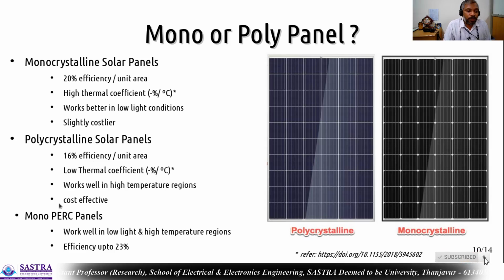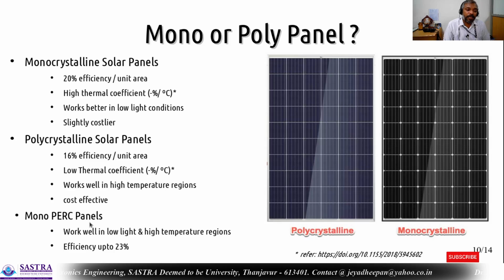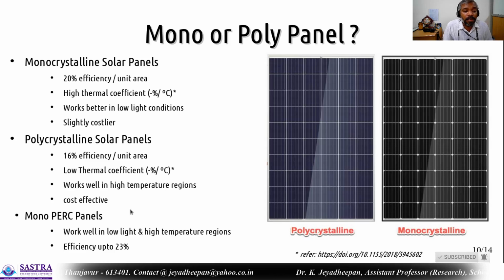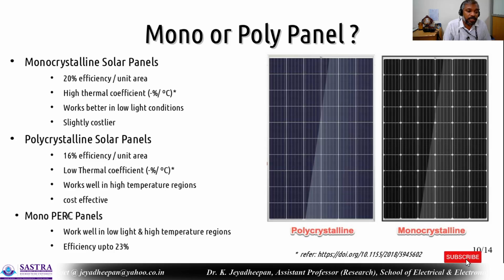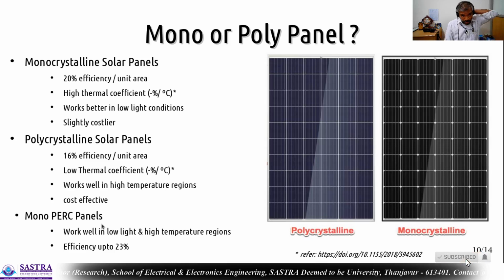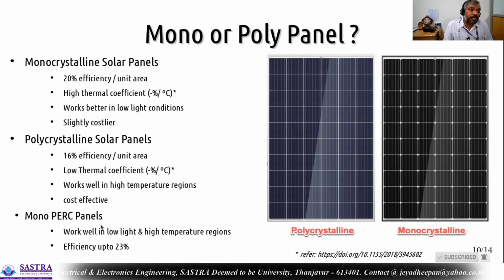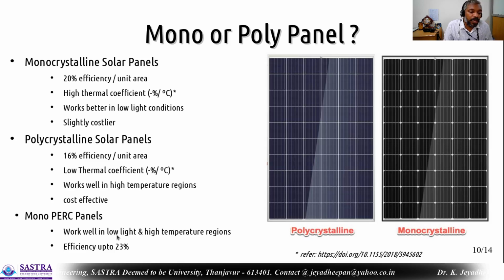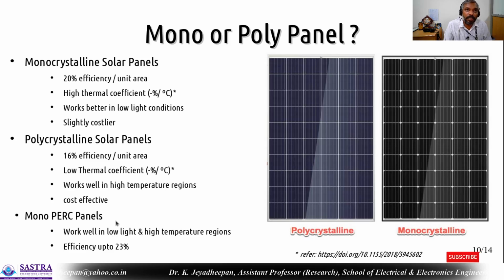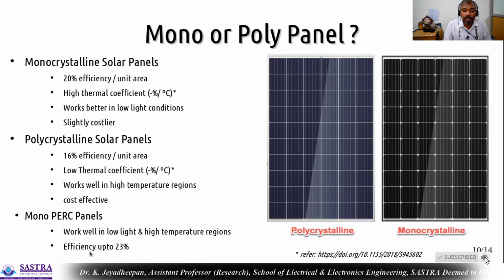Okay. And nowadays one more new technology is coming into commercial play, that is Mono-PERC panels, right? A Mono-PERC panel is actually a monocrystalline panel, but it will work in high temperature regions also. It means the Mono-PERC panels have a low thermal coefficient compared to the monocrystalline solar panels, so that they can work well in high temperature regions, in addition to low light conditions. Okay, so these panels will work well in low light and high temperature regions, and the efficiency is once again going to be high. It is going to reach